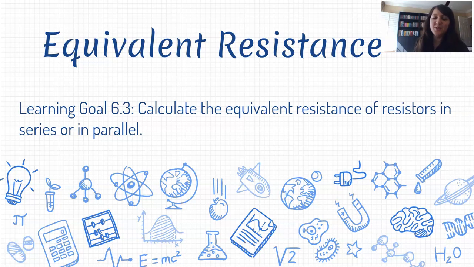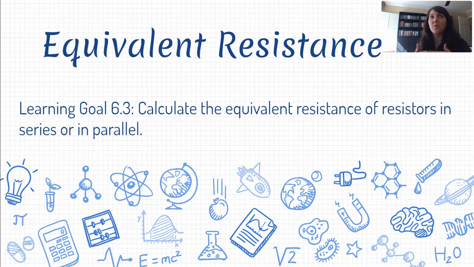Hey everyone. So just to recap, so far in this unit on circuits, we have talked about some of the basic characteristics of circuits, talking about things like current and resistance and how those describe and affect the functioning of circuits. And then we've also started to talk about slightly more complex circuits that have multiple resistors, multiple devices, all connected together on the same circuit. And so in this lesson, we're going to start trying to bridge the gap between those two different lessons